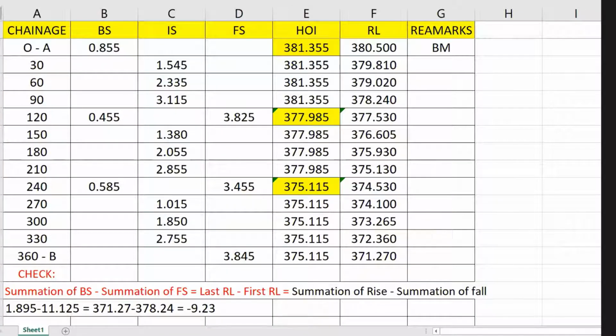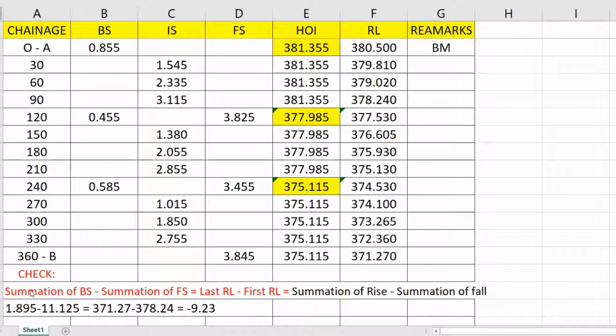So at the end of the day, before closing this, before coming out of the survey, you went to the field, you did the survey, you have conducted all the measurements, and before leaving from there you should calculate reduced levels. When you calculate them, whether the calculations are correct or not, this is the check we can do. And if it is not right, then immediately you can correct it, because you are on the field. And the check is calculated something like this.